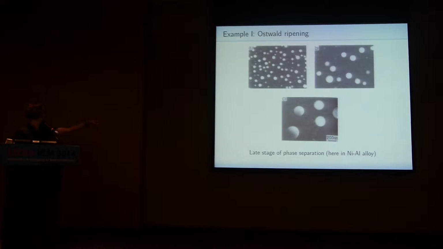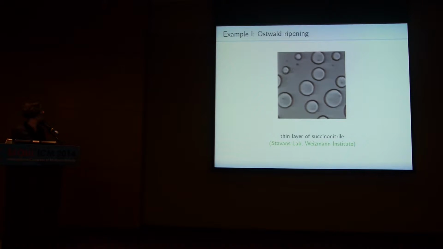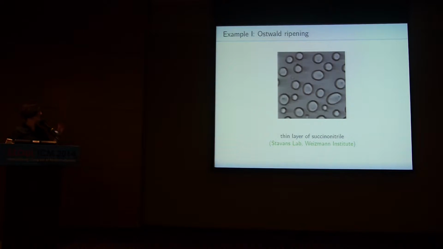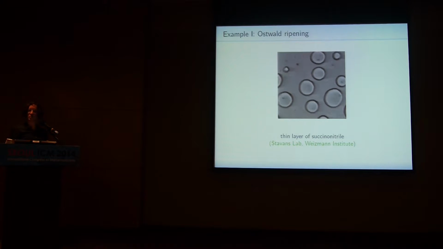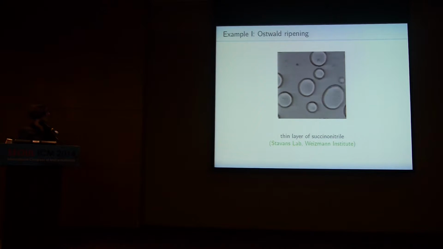And notice that we're here on a nanometer scale in this picture. So what we're really interested in is understanding the behavior of, say, millions of such droplets. And just to get an idea how the dynamics look, here's a small movie of an experiment in some polymer system. It's a very short movie, but hope you get an idea. So you have these droplets. They essentially do not move in space. The larger ones grow, the smaller ones shrink and disappear, and you have this coarsening structure.